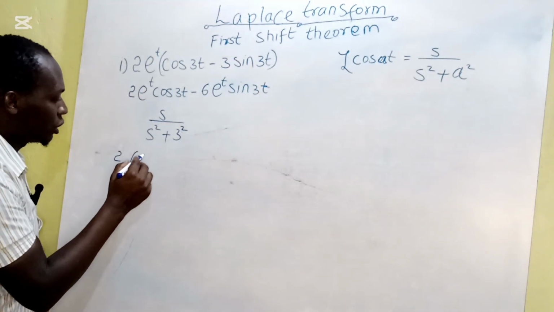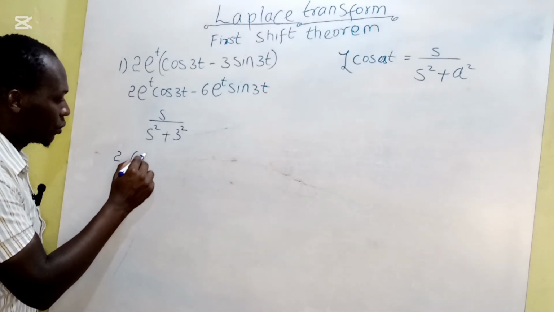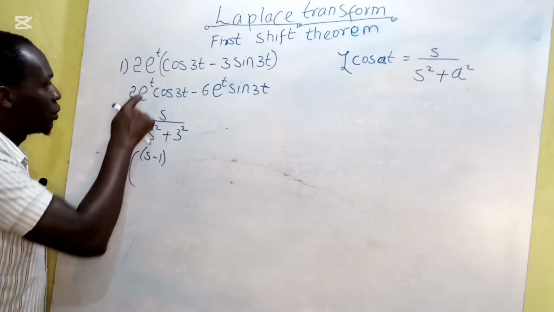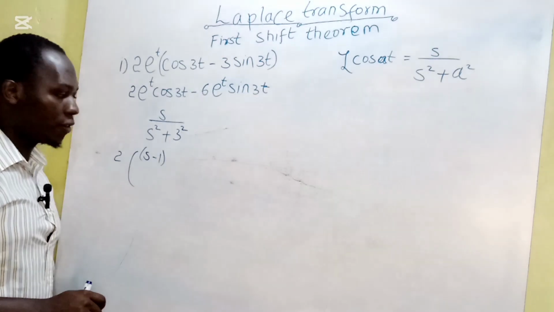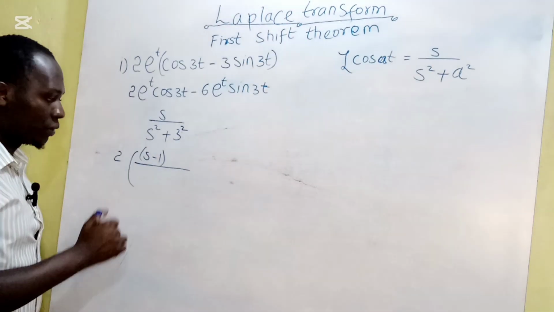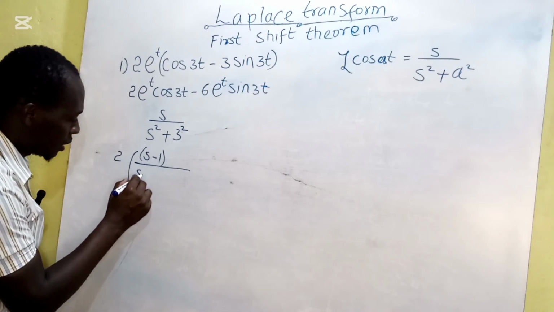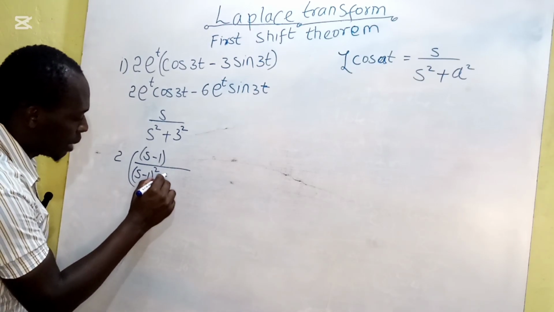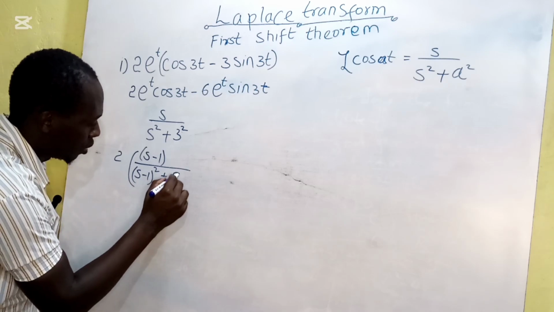And when it comes to shifting, now we are going to have s, we subtract from 1, all over the term of s will be shifted. Now we are going to have s, we subtract from 1, everything will be squared, we come and add to 9